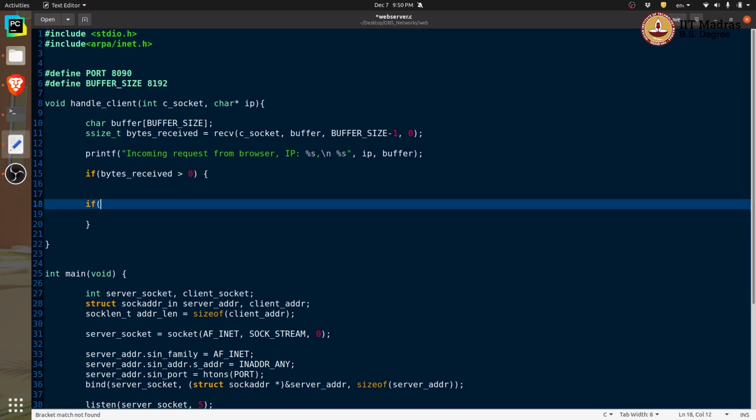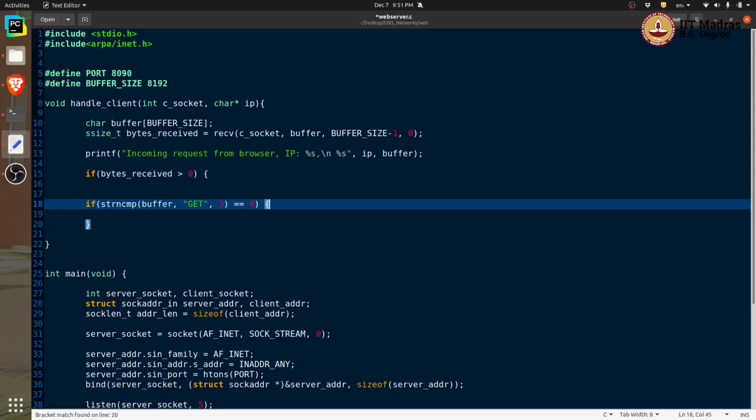So if we do a string compare, so strncmp, buffer is where my content is, right? And then we can do get, right? So I'm trying to find out is that get is there or not in the string, and the length is 3. Okay, and if this passes, then I can fire something that is going to process my get request,